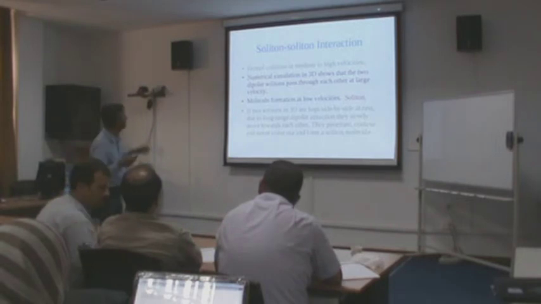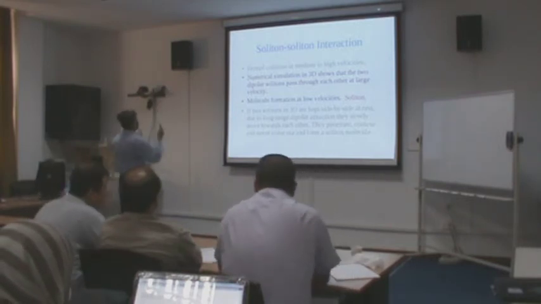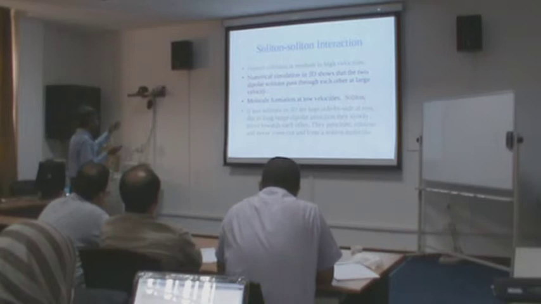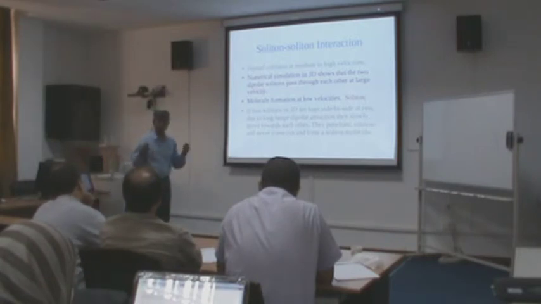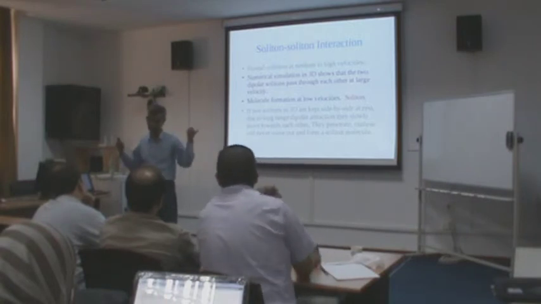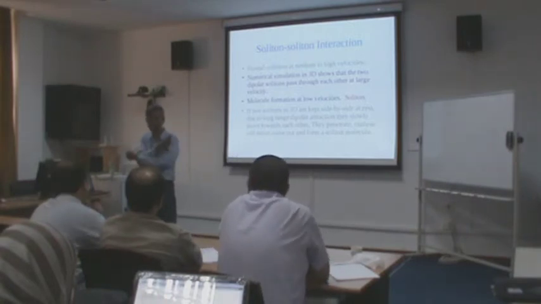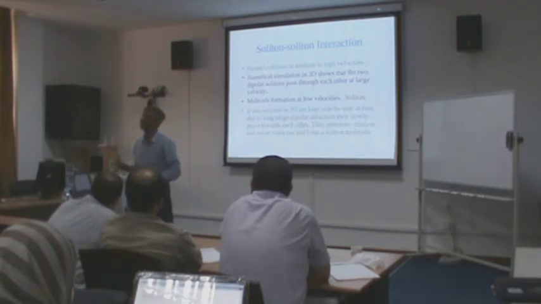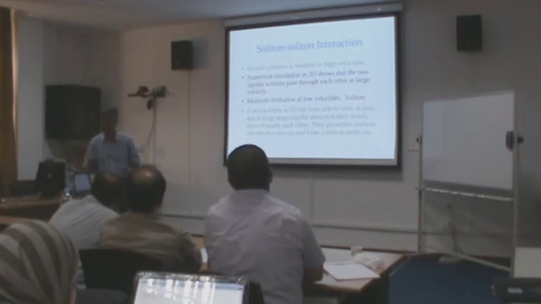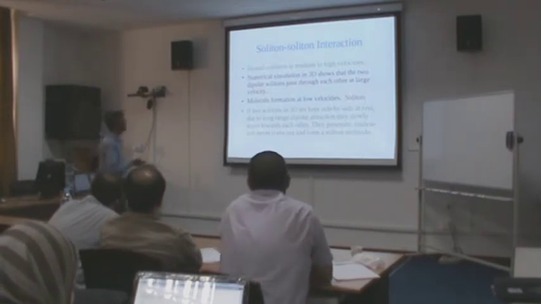Okay, so now I'll see whether the soliton is destroyed by interaction. This is interesting to see. It's not as stable as a one-dimensional soliton. But if the velocity is high, the solitons pass through each other without deformation. If the velocity is slow, they are deformed, and they may even form a molecule if the velocity is very slow. That is what we have shown by simulation.